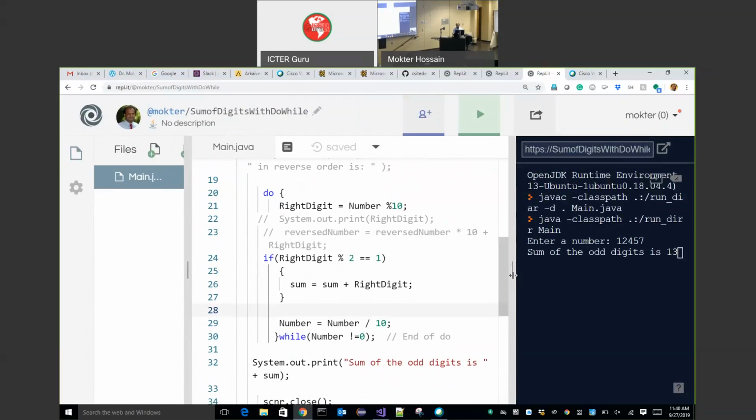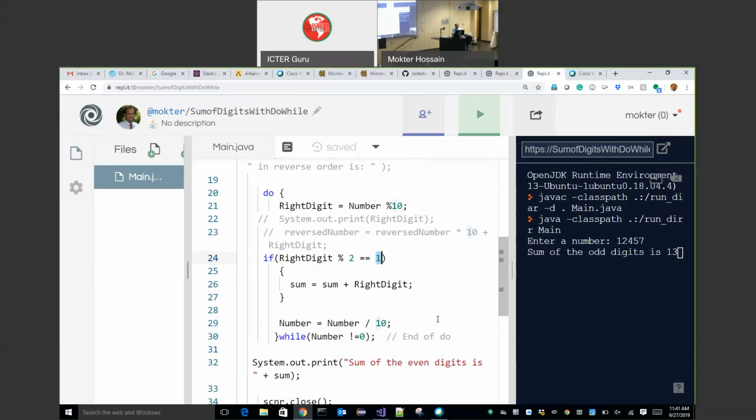Now can you see? I want to make the sum of the even digits. What changes do we need to make? Yes, only this one, right? This is checking if a digit is an odd digit.